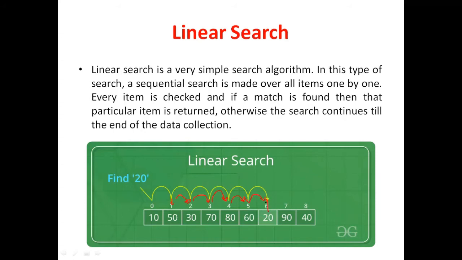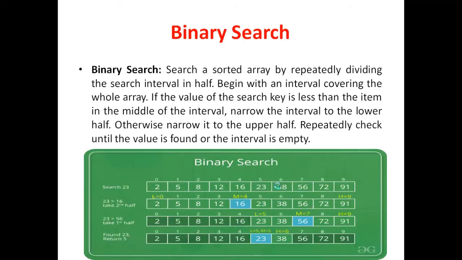Now we got the element at the sixth position. That means our search is successful. So in linear search, we search the data in a sequential manner. We compare the search key value with each and every location until we get the desired value. If you do not find your value, it means that your search is unsuccessful. If you get the value at a particular location, then the search is successful. So this is called linear search.